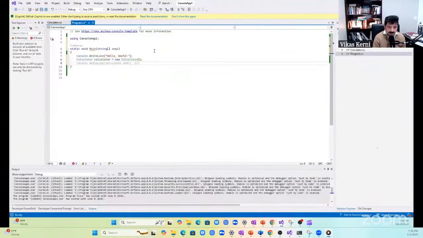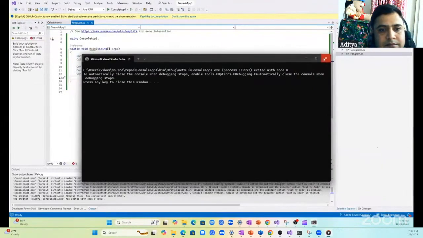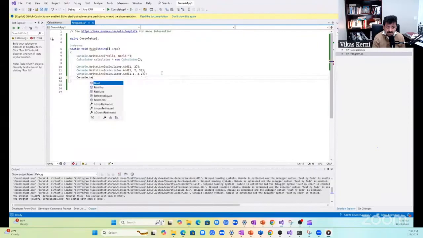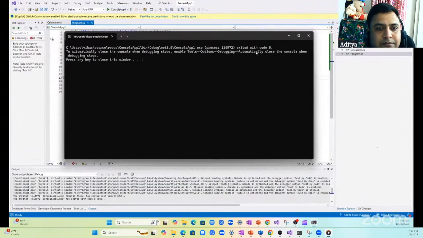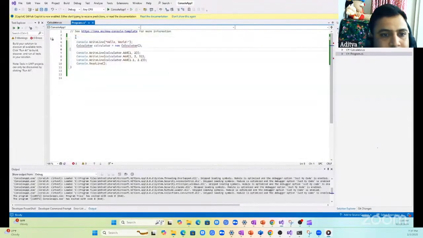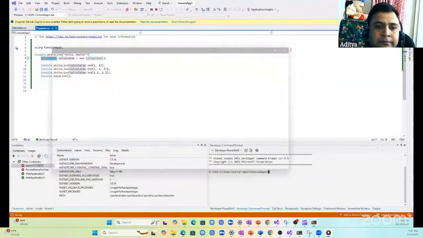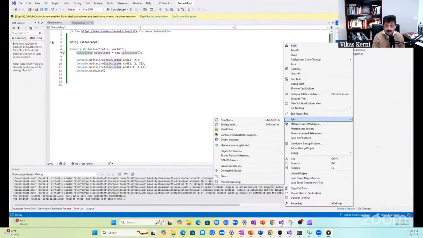So I'm creating an object of the calculator class. I'm calling the method with two parameters, three parameters, and a double value. So this is an example of overloading. So let's now go into the runtime